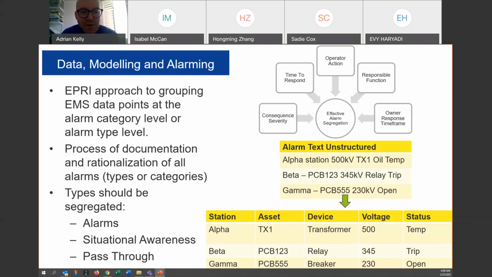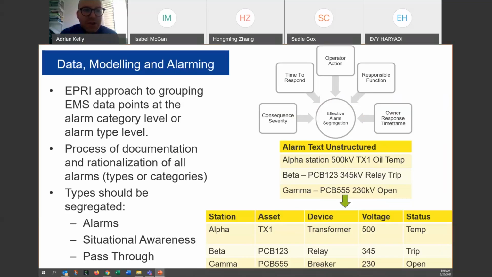You want to find out what your transformer loadings are? You can query it off the device. You want to find out where most of your alarms are? You can query it off voltage levels. So making unstructured information into structured information is very, very important, and you're in a good position, so I'd recommend doing that. We also recommend prioritizing your alarms,